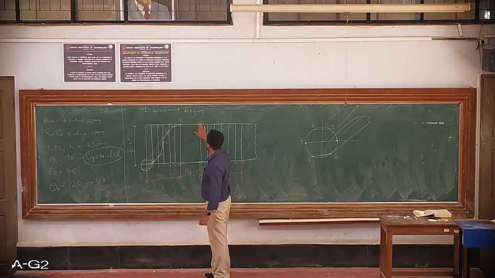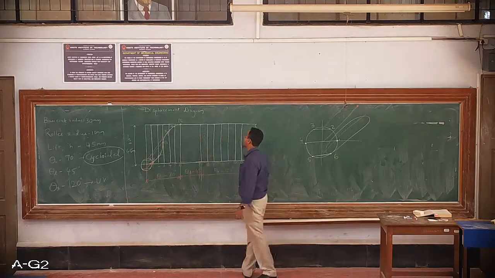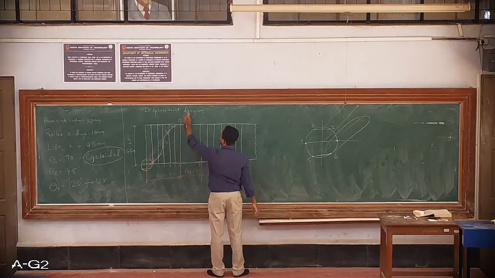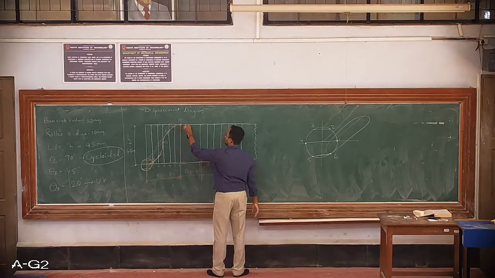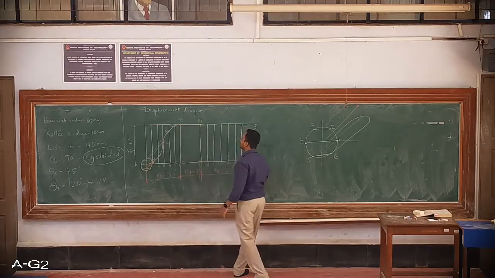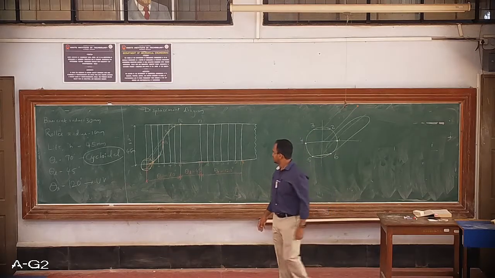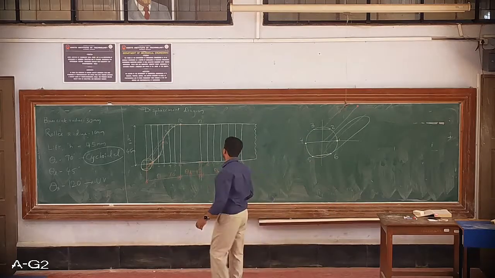from here the dwell period starts. That means there is no displacement variation. The follower displacement is 0, so it will neither rise nor fall down. It will continue with the horizontal line up till P7. Once it reaches P7, that means it is the end of the dwell period.